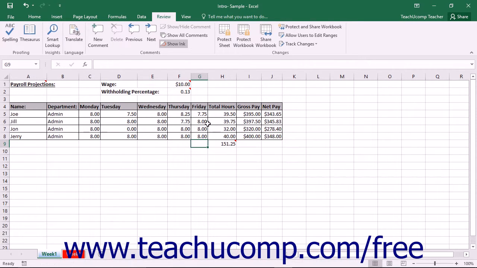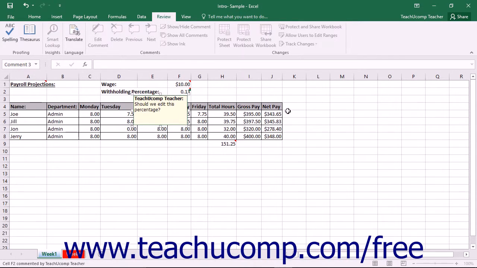If you want to edit cell comments at a later point, you start by selecting the cell with the comment that you want to edit. Next, either click the Edit Comment button that appears in the Comments button group on the Review tab in the ribbon, or right-click the comment cell and select the Edit Comment command from the pop-up menu. This will once again make your comment appear in its editing mode, where you can change the comment as you wish. Once again, when you are finished editing the content, just click back into the worksheet cells to set the